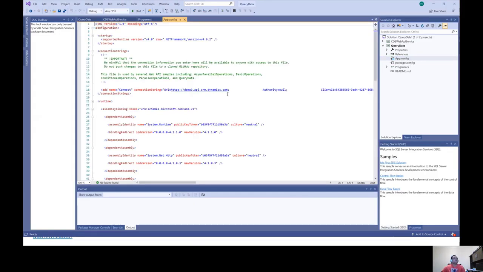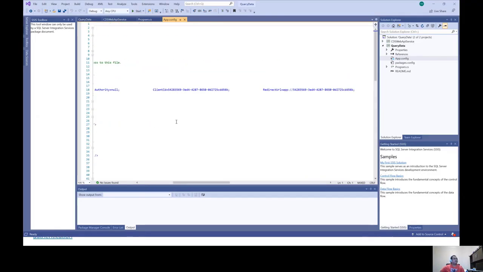In that, I will specify the client ID that I've copied. The redirect URL would be pretty much the ID, and I would specify the username and password. The reason I need to do that is my machine is running on my Microsoft account, but my tenant is a trial tenant and it has separate IDs.